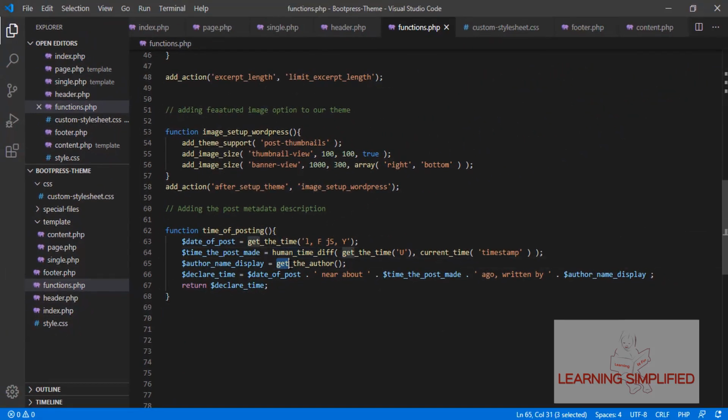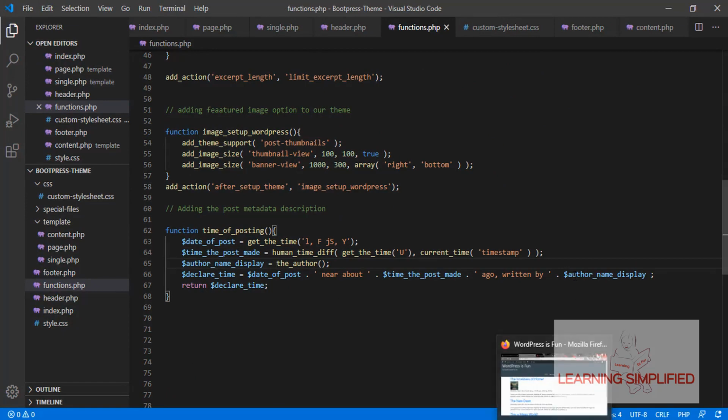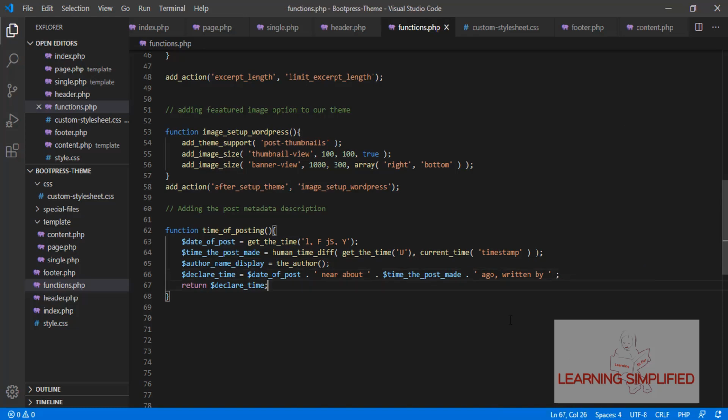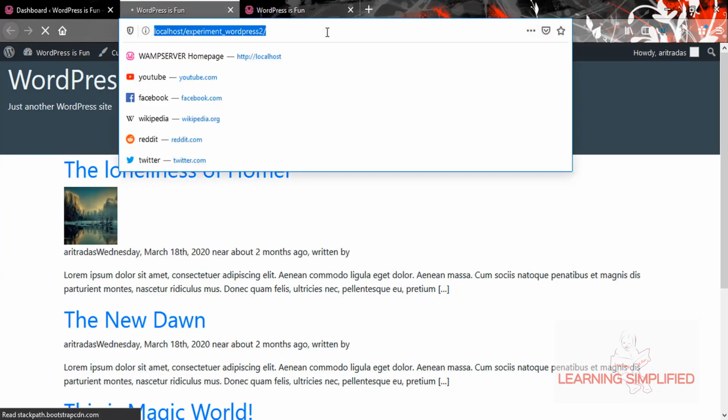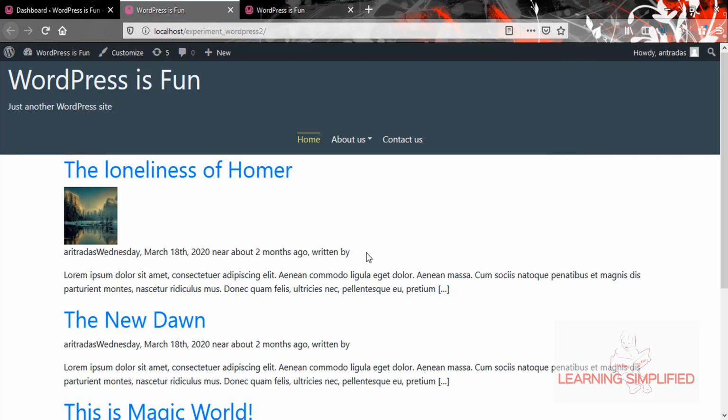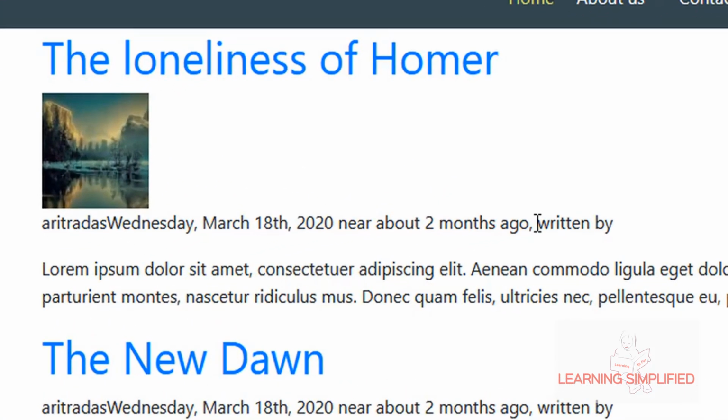But if we again do not make use of this get property here, press Ctrl S, and we do not need this last significant thing here, now if we press Ctrl S, head back to our project and reload, no author's name is being displayed at the end of this string, but the author name is displayed at the very beginning of the string. So this is what I would like to mention right over here.